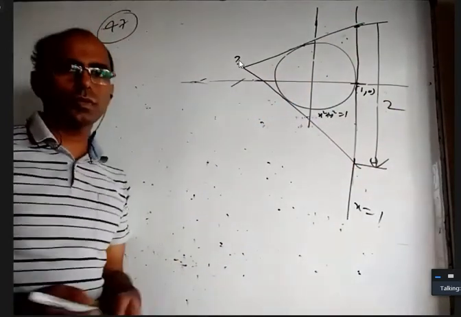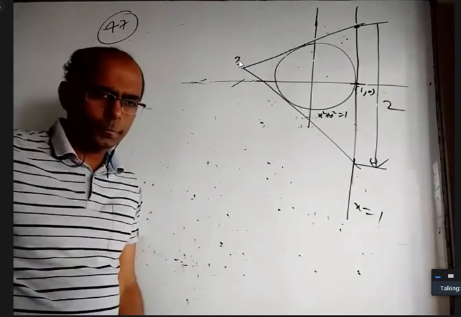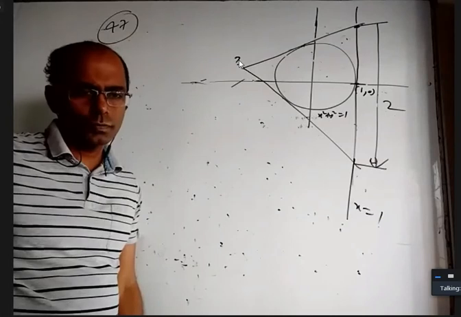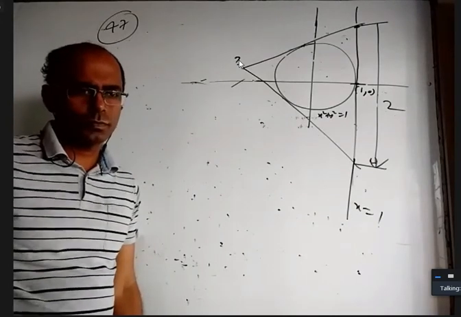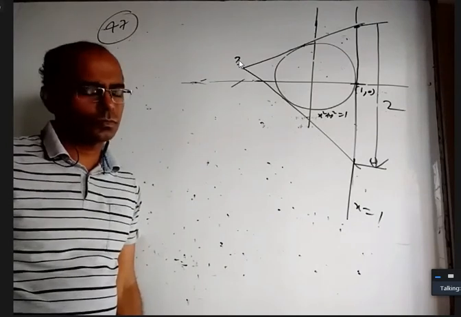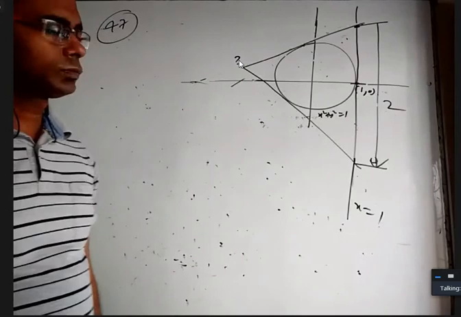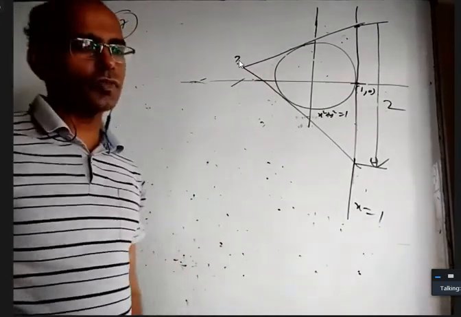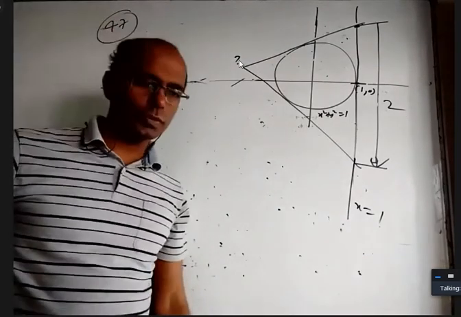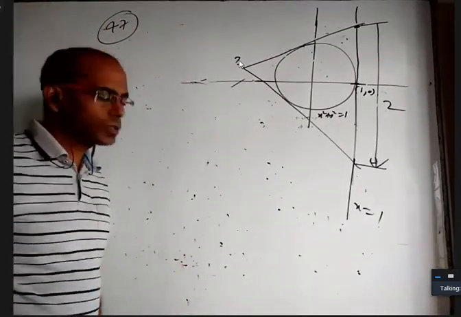Sir, what is the locus of this point? Take the point as x1 comma y1, sir. Find the family of tangents, that means the combined equation of tangents. Put x equal to 1, sir. Then the difference between the roots equals to... In the combined equation of these two, put x equal to 1, you get a quadratic equation in terms of y. The difference of the roots of that should be 2. Yes, that's good. Anybody want to tell anything else?